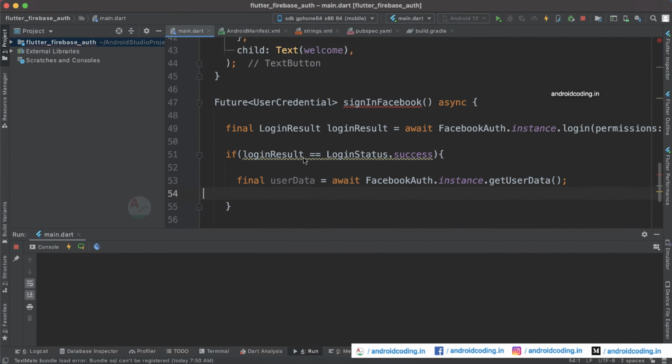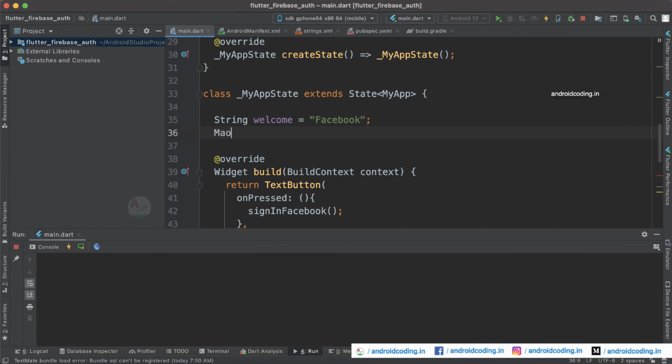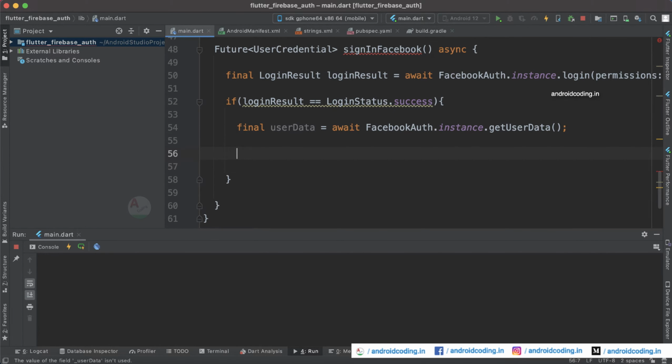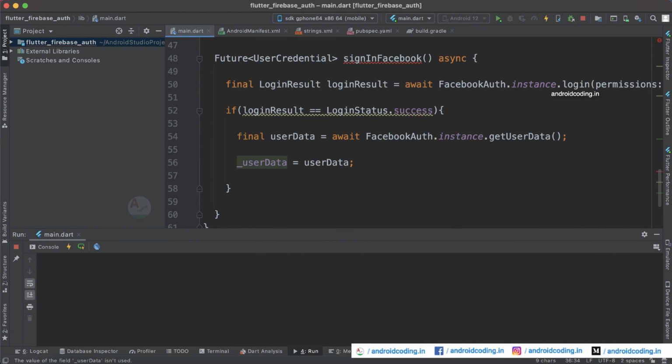And now let's declare a variable of type Map of String and dynamic, userData. Now we make use of this and assign userData here, so that we can make use of this userData and access the information anywhere inside our application.